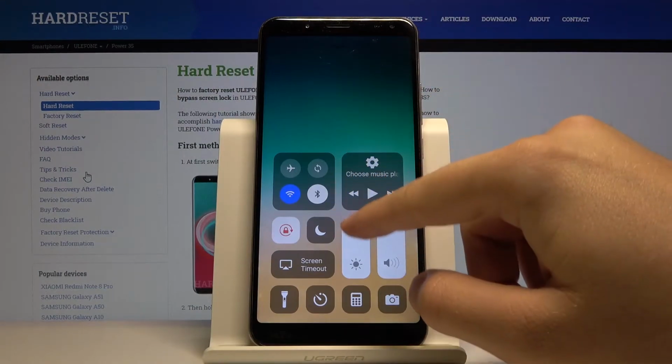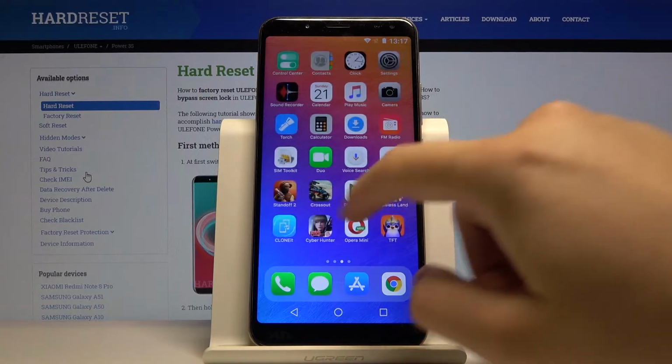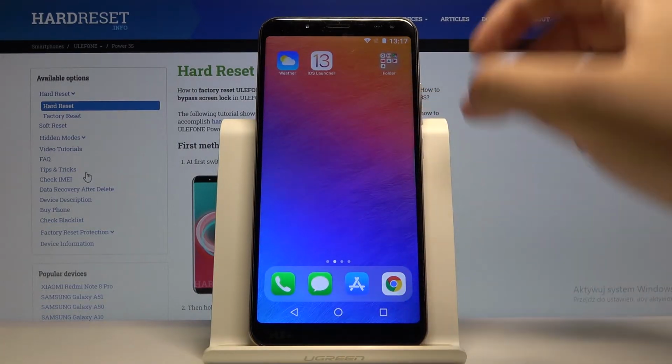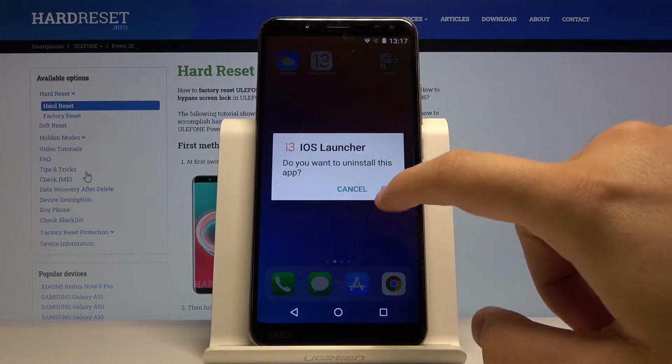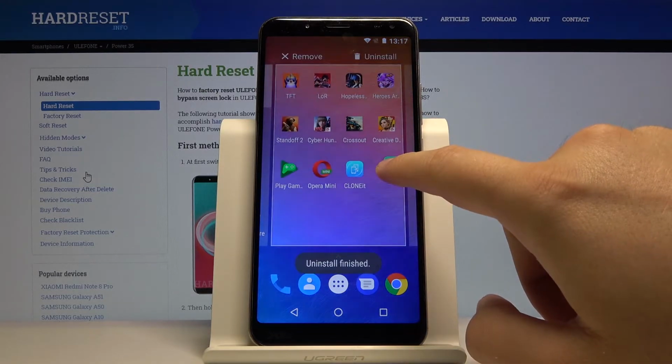Welcome! If you want to get this iOS launcher on your ULEFONE Power 3S, right now I'm going to show you how to get it in a really easy way. So for the first, I'm going to delete this application. Click, hold, tap on the delete. So right now it changed to our default